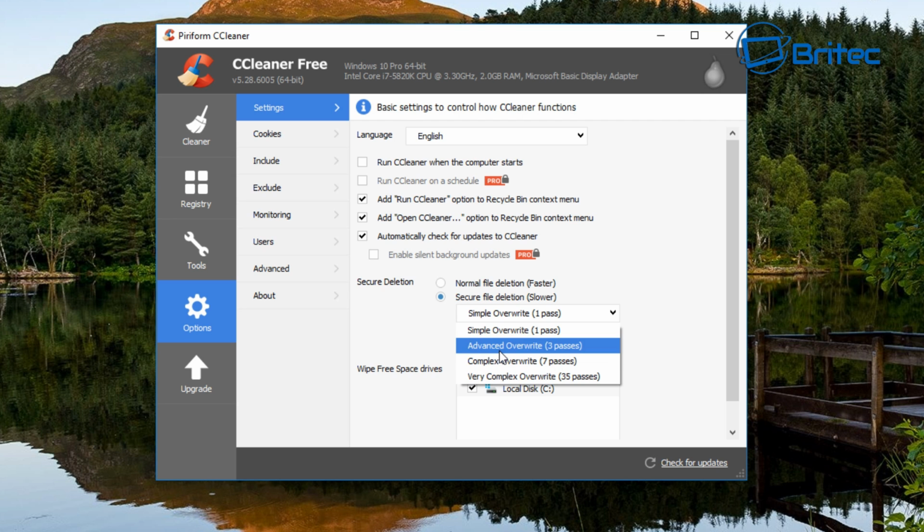So if you are going to be doing any of these, it will add a considerable amount of time onto cleaning the computer. Also here you've got wipe alternative data streams, wipe cluster tips and all that sort of good stuff. But if you don't want to do any of that stuff, just leave it on the normal deletion, which is pretty okay for most people, unless you are a little bit paranoid,